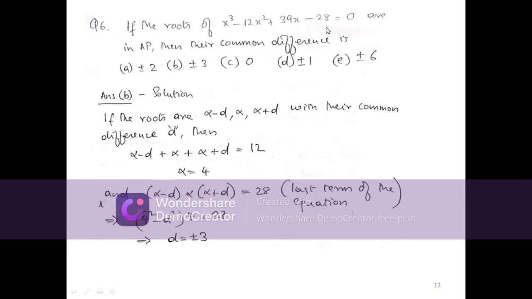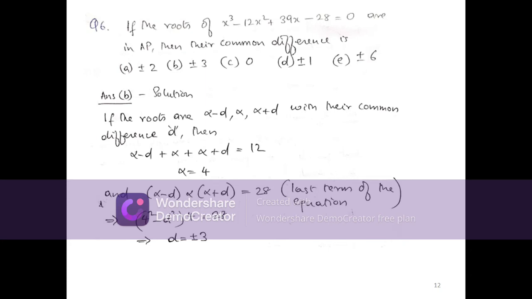The logic is simple. Now you can see this first term. What is the highest degree or order? This first term, that is x cube. So the highest degree or order of this equation will indicate the number of roots. If it is x cube, obviously the maximum number of roots is 3.